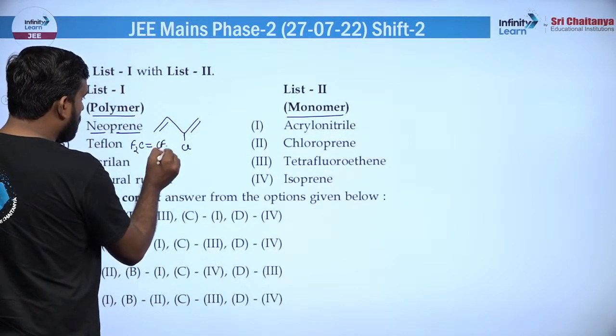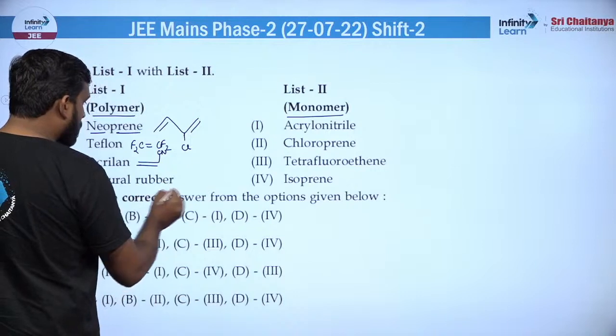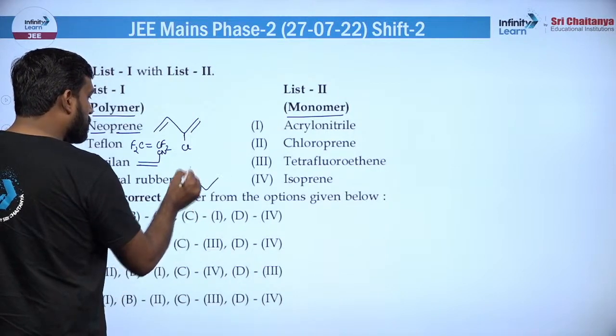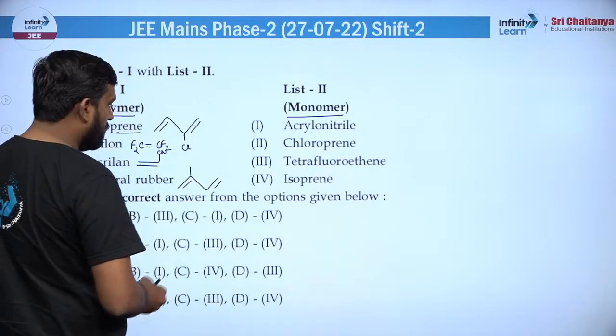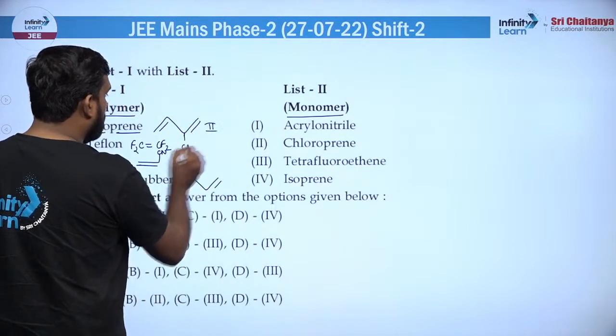फिर इसके बाद आता है टेफ्लॉन। टेफ्लॉन में CF2 होता है, एक्चुअली CF2 डबल बॉन्ड CF2 ये होता है। एक्रेलिन की बात करें, एक्रेलिन में यहां पर CN डबल बॉन्ड ऐसा होता है, ठीक है। नेचुरल रबर की बात करें, नेचुरल रबर में आइसोप्रीन होता है, ठीक है। तो ये तो इसी से मैच कर जा रहा है, ये इससे मैच कर रहा है सेकंड वाले से, ठीक है।